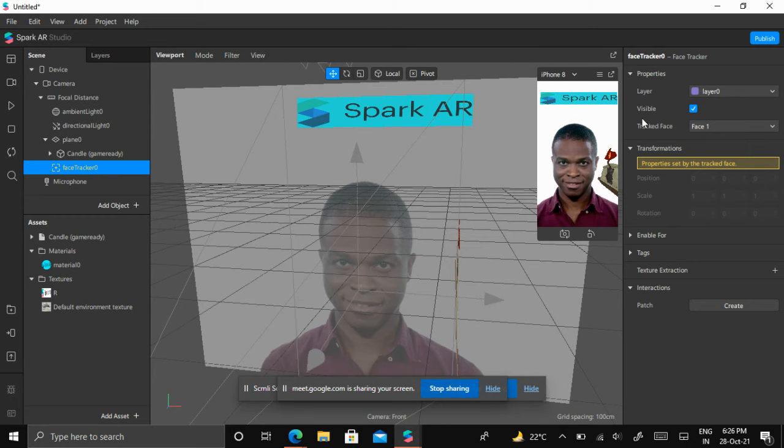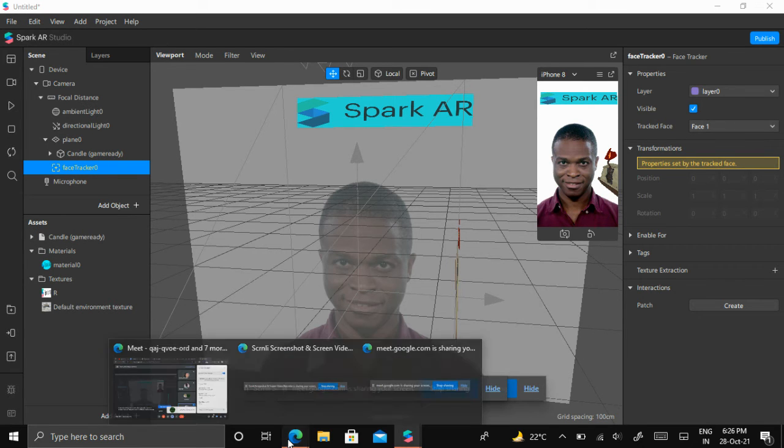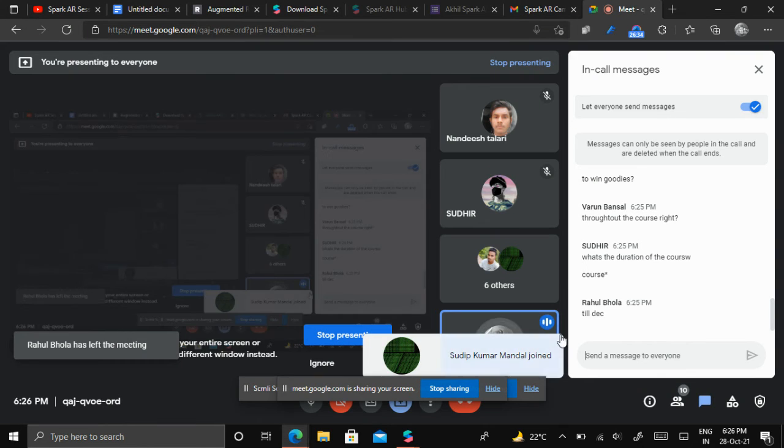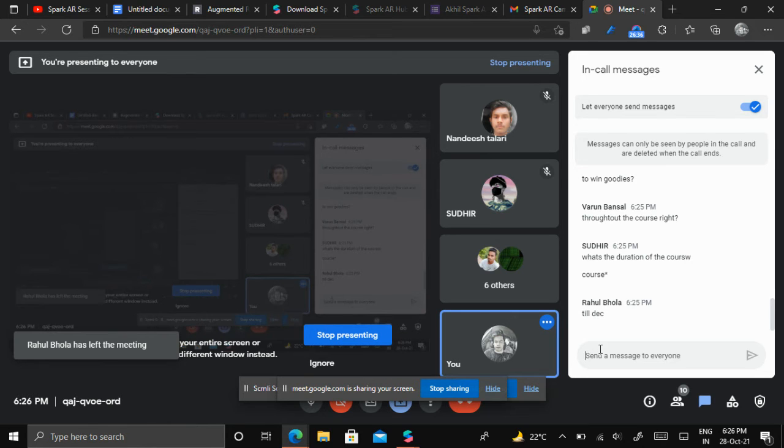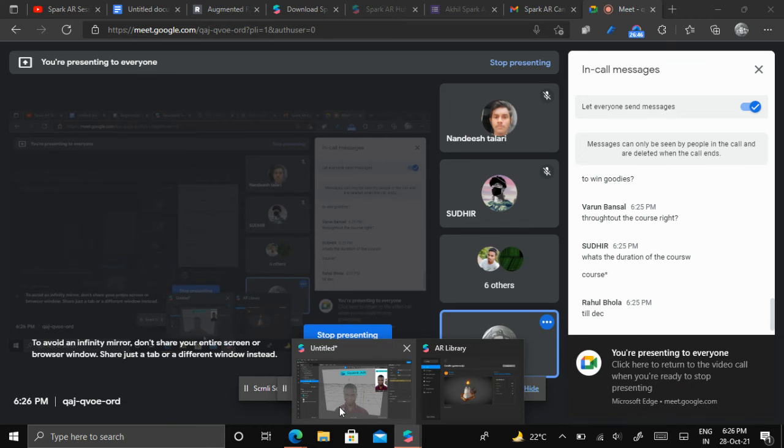So we cannot change the properties of this face tracker because it is a transparent one. Okay, it's like tracking the face. What is the duration of this? It's till December. Okay, right? Fine.